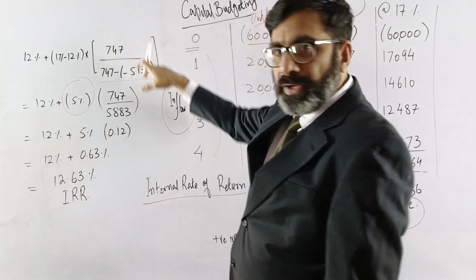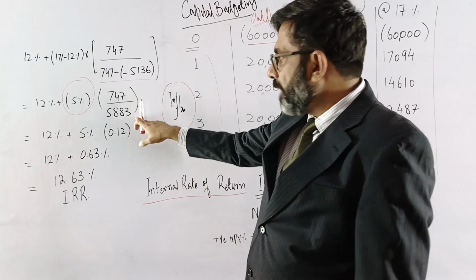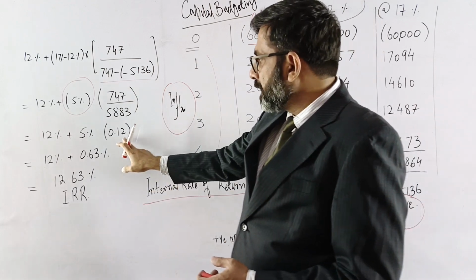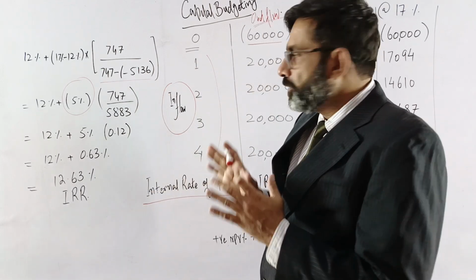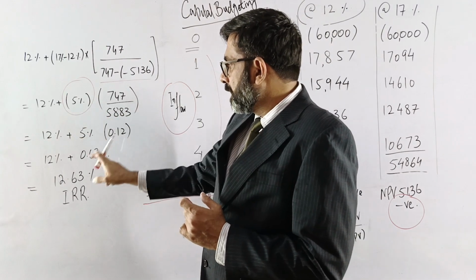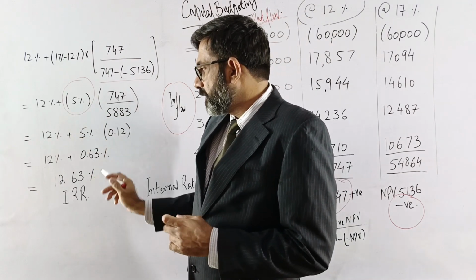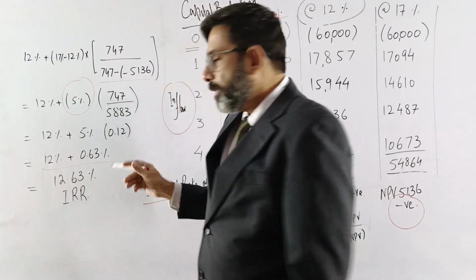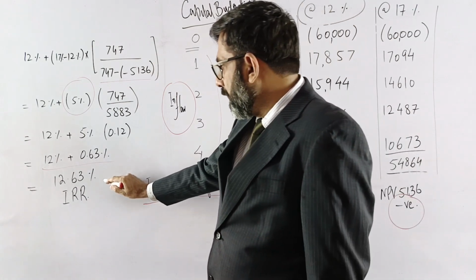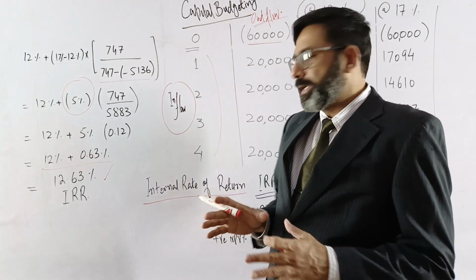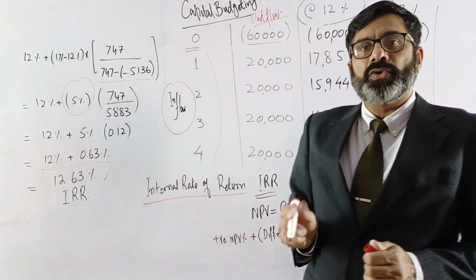Then we take the ratio of 747 and 5883, which is almost 0.12. We multiply this ratio with the 5%, and the answer is 0.63. So 12 plus 0.63, and the internal rate of return is almost